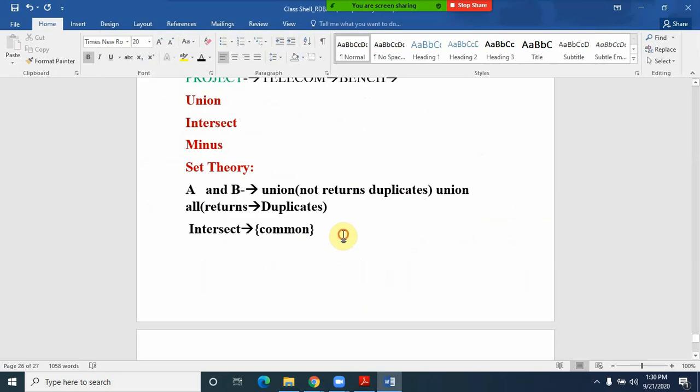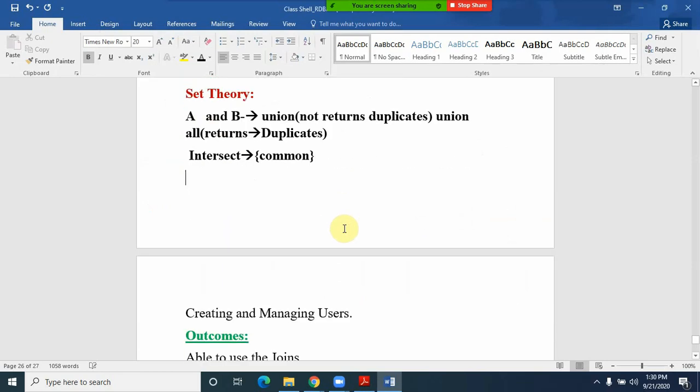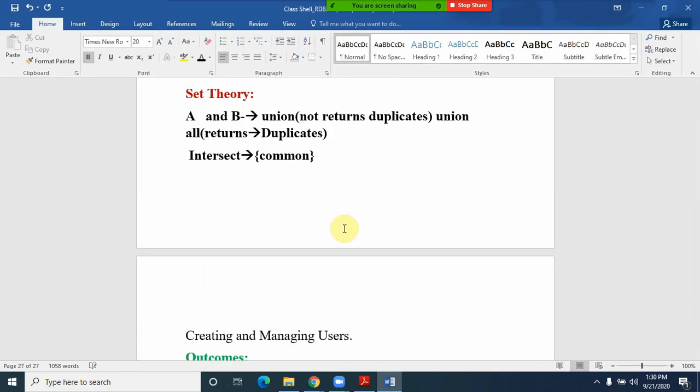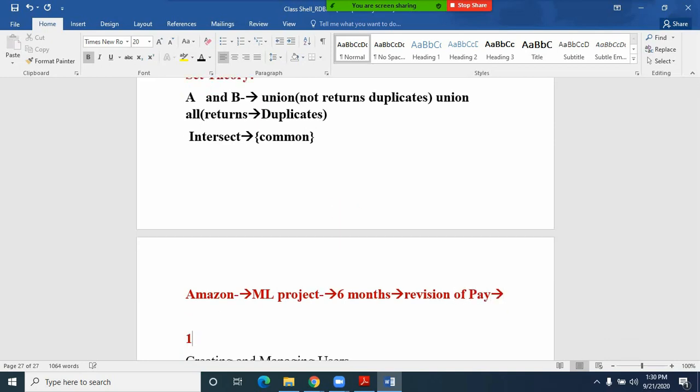Let me give you one example. In Amazon, they recruited some people for the ML project, and the project is very successful. After 6 months, they got the revision of the pay. For example, they want to give the revision of pay, and they have put conditions like this, friends.